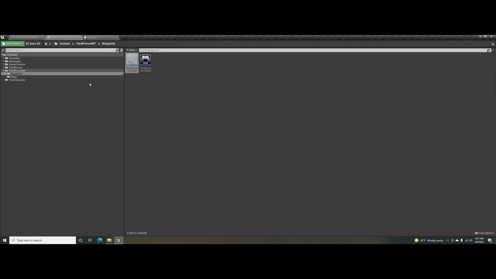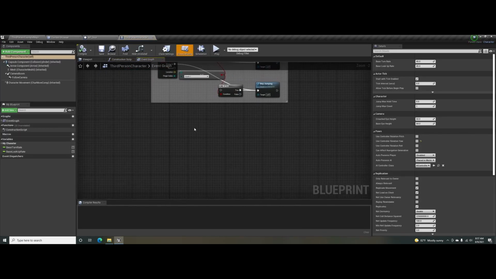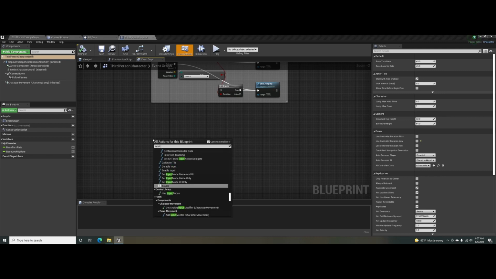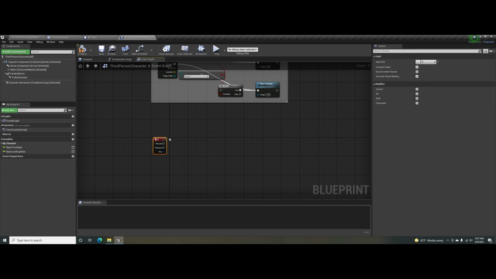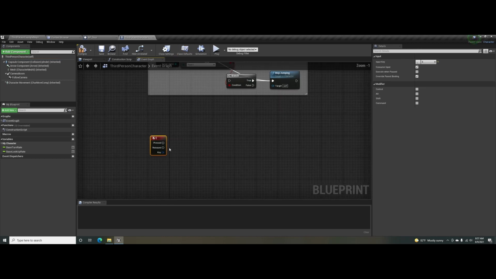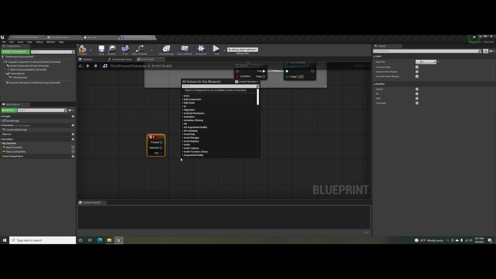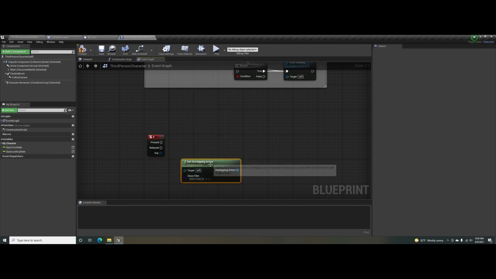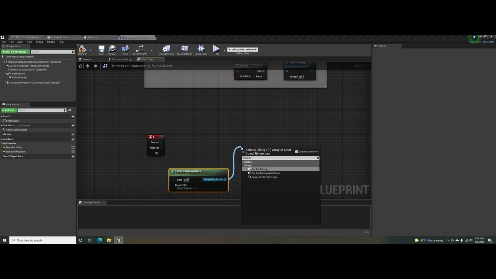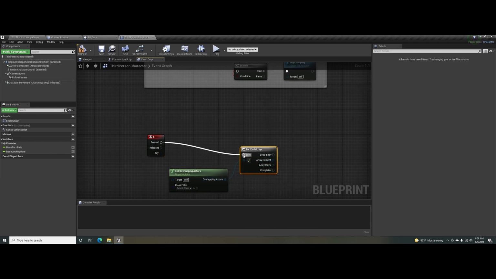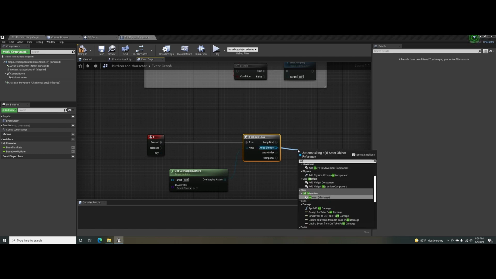Let's go find the third person character, which, if you're using the third person template, is in third person BP, blueprints, and then third person character. And go to the event graph, and I'm just going to put in input E because I want to use the E character. So when they press E, it will interact. So let's get overlapping actors, and we're going to iterate through them with a for each, and we're going to call that interact